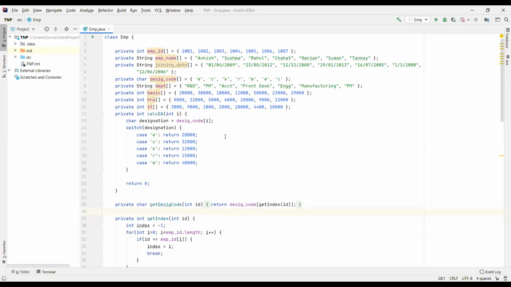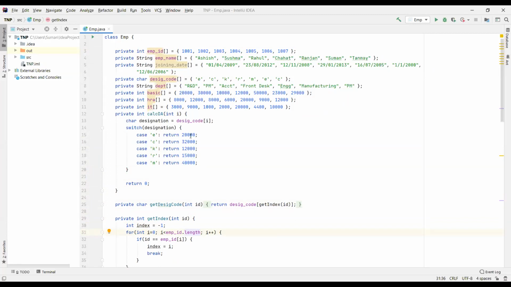This is how I am executing. I am taking each column as an array in the employee database. To find the salary of that employee and the designation of that employee based on the designation code, we have to return from the designation table what the DA value will be for that employee.